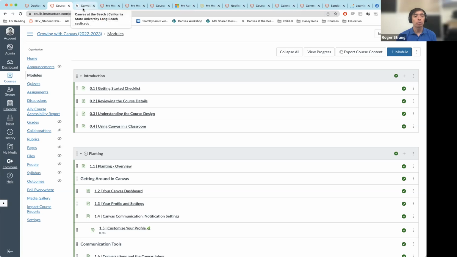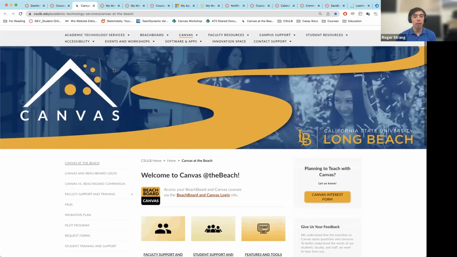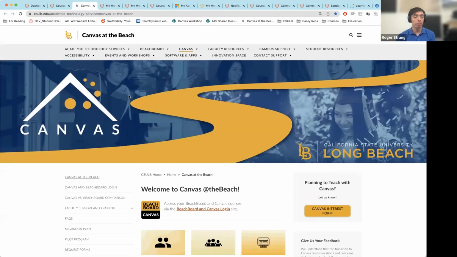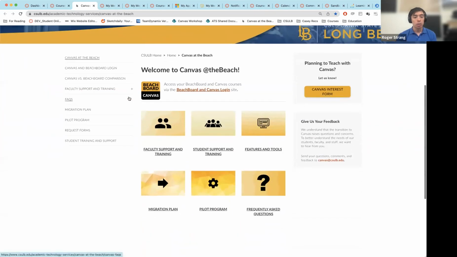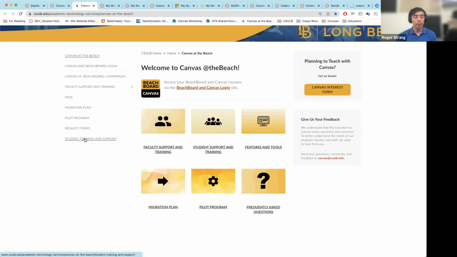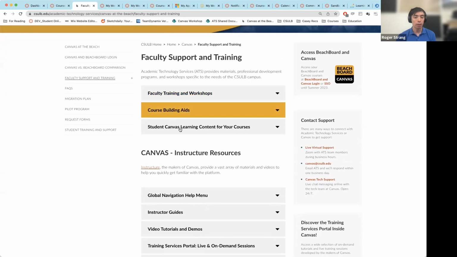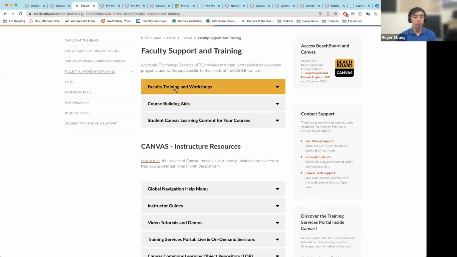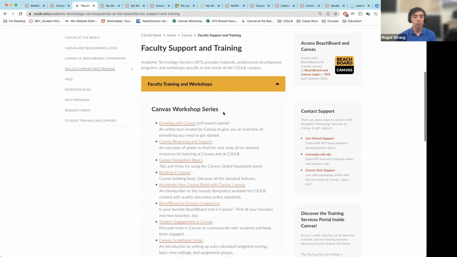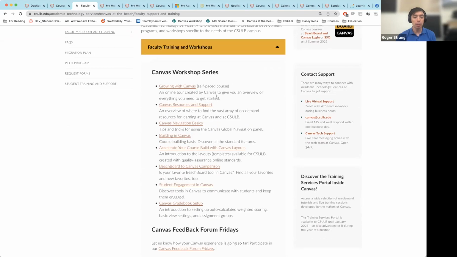I think this is kind of like our main hub on the web for lots of resources, and that's the Canvas at the Beach website. So there's a menu of options here. Faculty and staff will probably be most interested in the faculty support and training area. And for instance, here, there's a list of links, including Growing with Canvas,